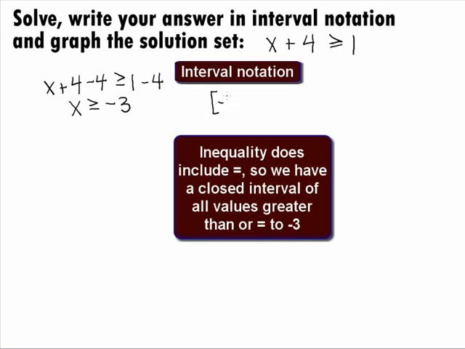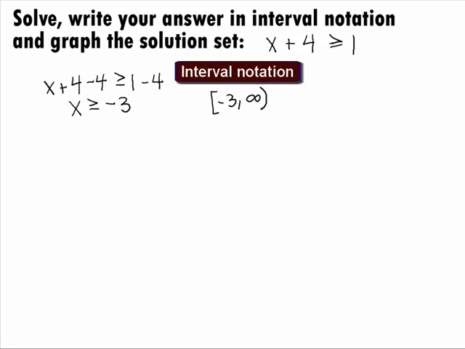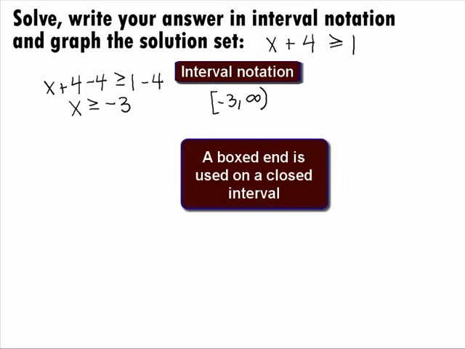Next, let's write this in interval notation. The answer to this inequality is a closed interval because we are including the endpoint where x is equal to negative 3. Since we are including where x equals negative 3, we will use a bracket with a negative